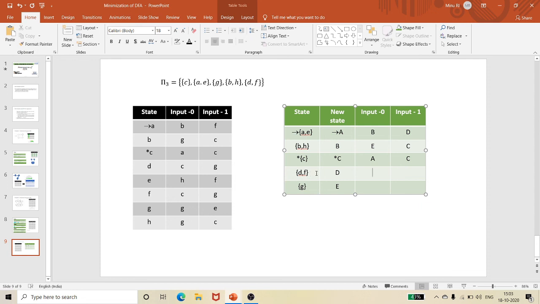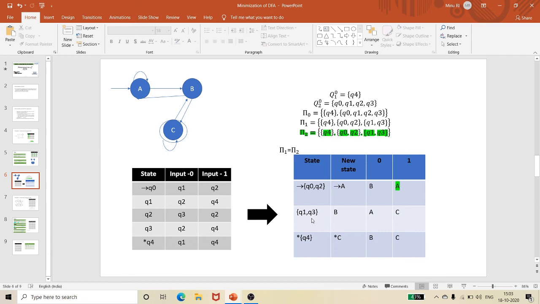With D, that is D and F, it goes to C and G. C is now C. G is also E now. And E goes to G and E. Now G is actually E, and C, E is here, A. So now this is my new state. This is how we have minimized my DFA, and the number of states has been reduced. This is my actual solution. This is the original way of doing it. By seeing a picture itself you can do it.